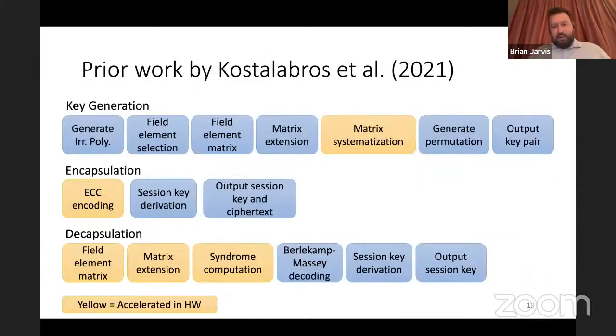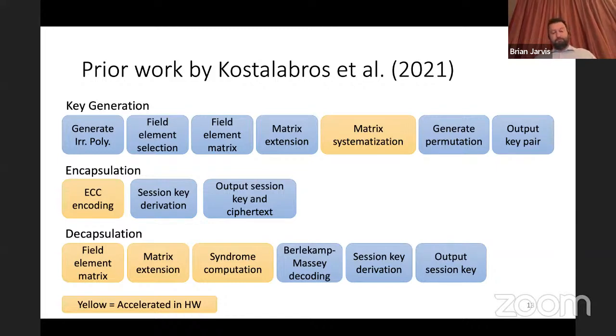So there's some previous work in this area. In 2021, Kostelobros and their co-authors performed a hardware-software co-design using Vivado HLS, and they profiled the software to identify which were the most expensive areas. And so they identified the matrix systematization step of key generation and error correcting code encoding of encapsulation and field element matrix generation and matrix extension and syndrome computation of decapsulation as the most expensive areas that they wished to